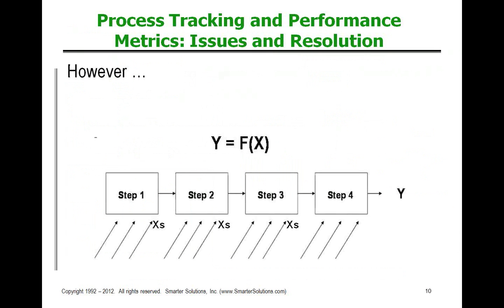But if we look at our overall organization as a system, what do we really have? We've got process steps that we're going through. They may be documented or it may not be documented, but they're actually there. We also have inputs to our process. So if we look at our organization as having a system of processes, then what we have is y as a function of x. So if we don't like the value for y, we need to either change the x's or the process steps, period.